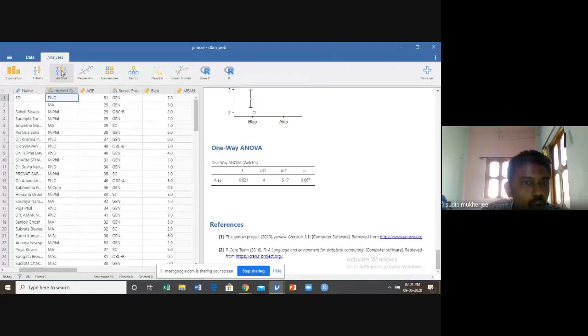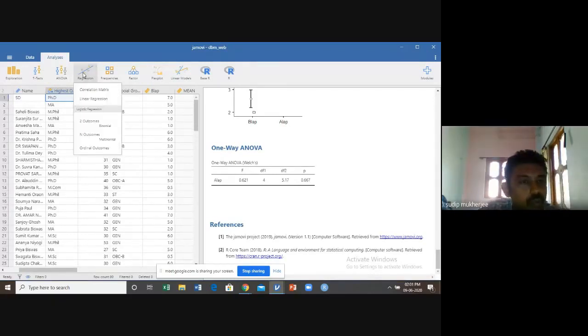When groups are more than two, we use ANOVA for comparing the means of each group. Now the other option is regression. Regression is used to find out the causal relationship between two variables.